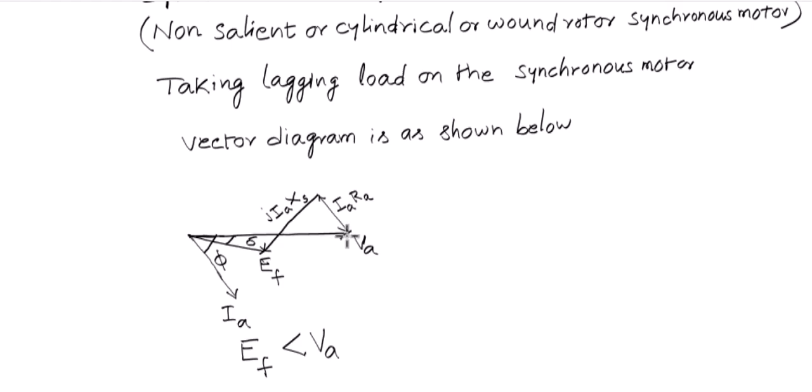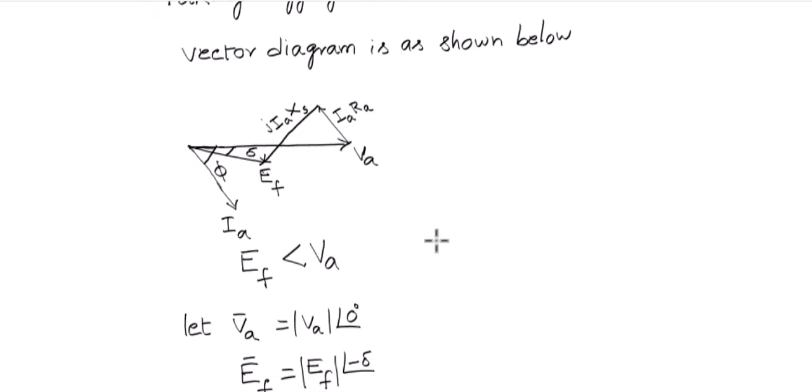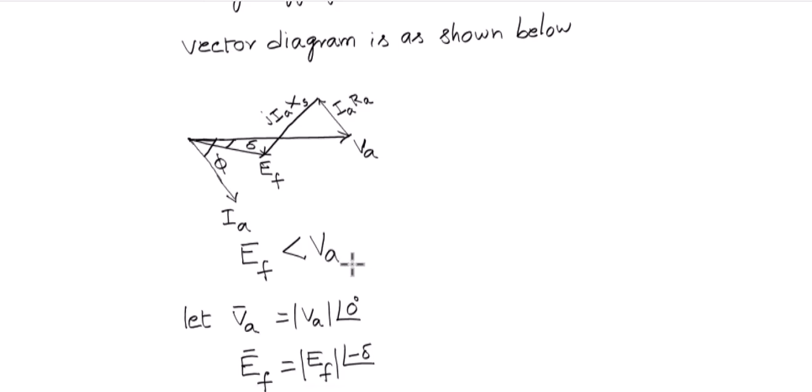And IA is the stator current per phase. It is lagging with respect to the applied voltage VA by phi, like this. This is called the power factor angle. And the angle between the applied voltage VA and the EF is delta. This is also called the power angle. For this lagging load, that is, the excitation is such that the induced EMF EF is less than the applied voltage per phase to the stator,